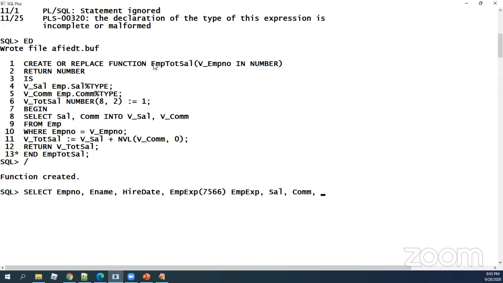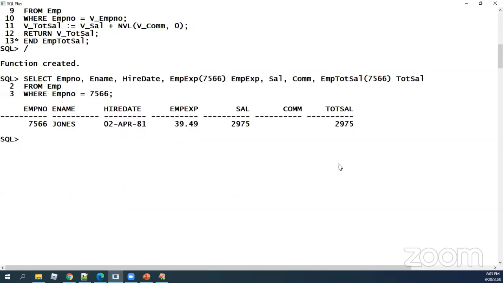Now I'm calling my EMP total salary. Then I'm just going with my 7566 once again, and I'm saying total sal. Then I'm going with from EMP, where employee number is equal to 7566.